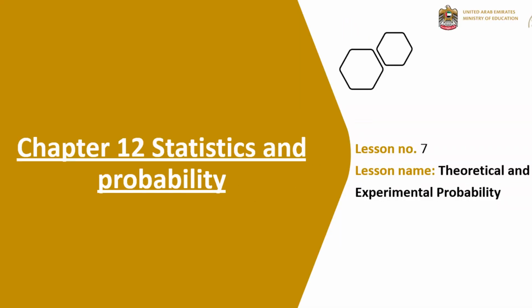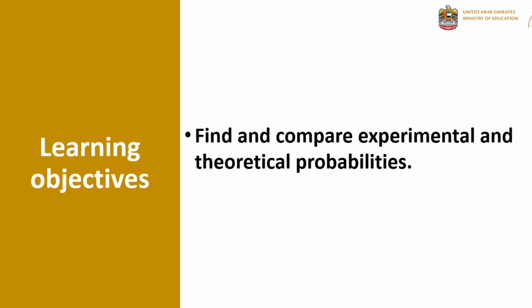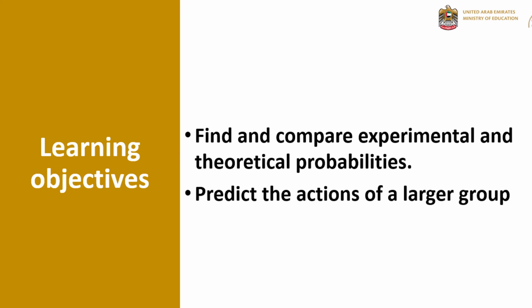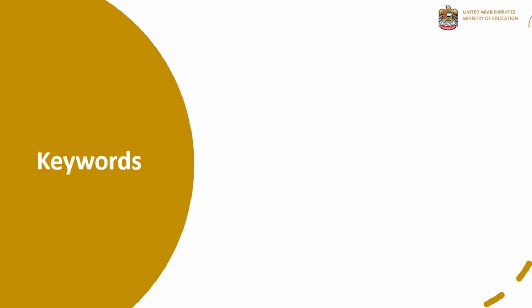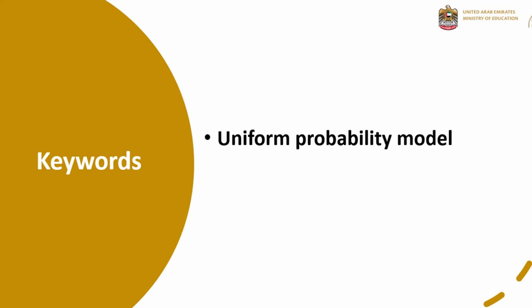Chapter 12, Statistics and Probability. Lesson 7, Theoretical and Experimental Probability. Learning Objectives: Find and compare experimental and theoretical probabilities. Predict the action of a larger group. Keywords: uniform probability model,